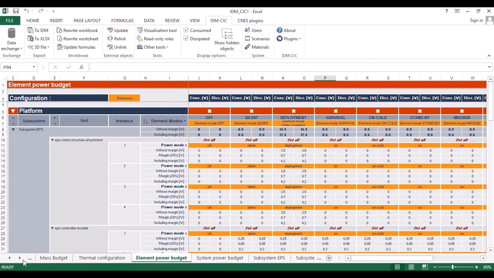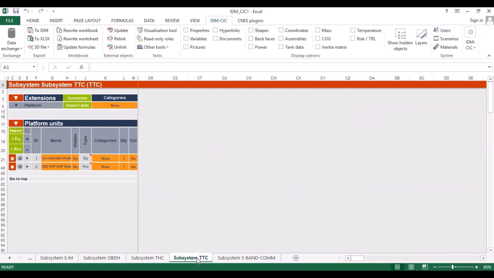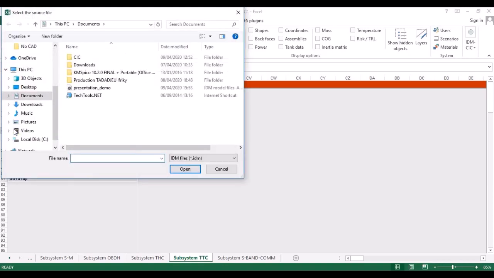I'd like to shift to one subsystem. I'll just go with this one and show you what I was telling you about the CubeSat library. So suppose this is telemetry and telecommand. Suppose I want to import something I've already done before. What can I import? I can import 3DS, or